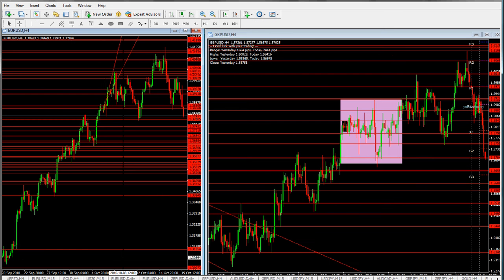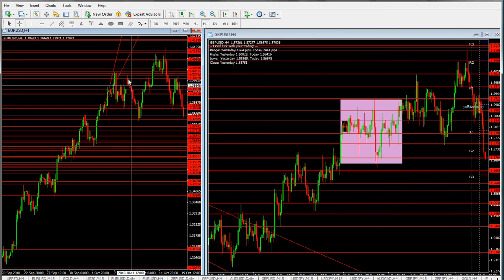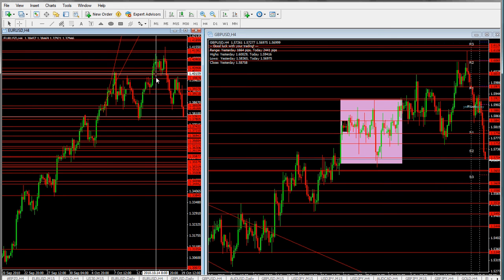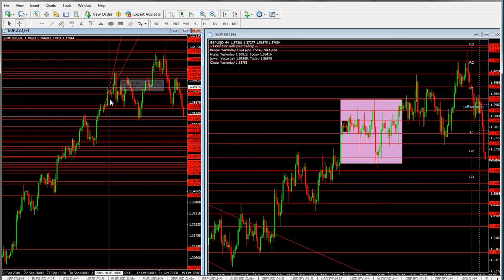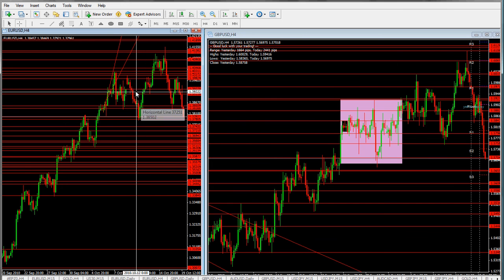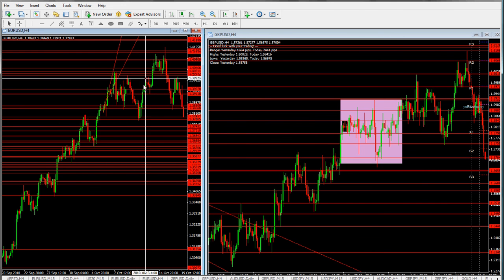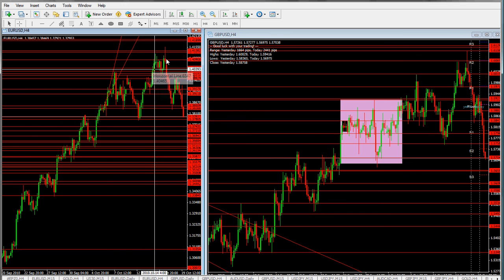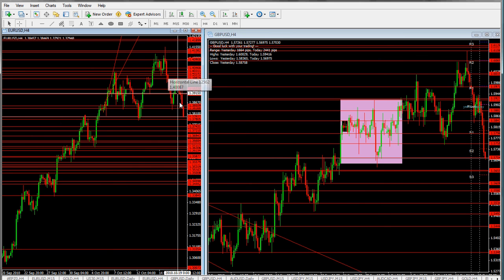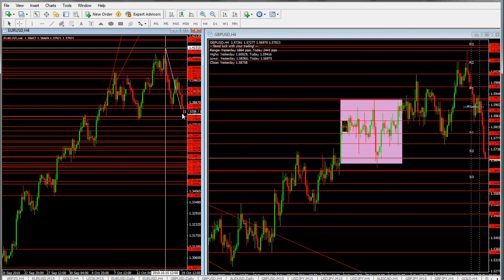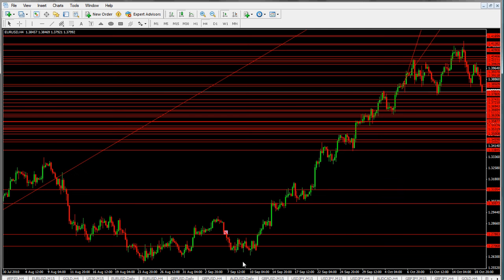Recently, in many analyses, I was talking about the signals that the market is up to finish its aggressive growing behavior. We had some signals right here on the 4-hour charts, and this retracement, bigger than usual, was showing us that we are up to finish the big trend, or we're going to have some bigger kind of retracement. So we are thinking about a 100, 200, 300, 500 pips correction after this bigger wave of growing,